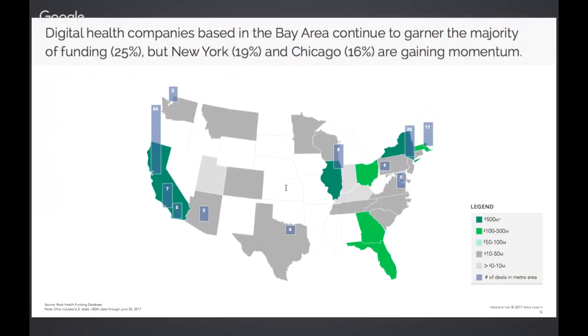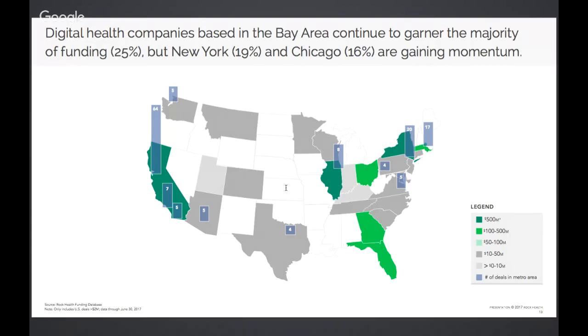So next up, I wanted to give a snapshot of the US and where all the digital health deals are happening. We saw companies in 25 states receive deals. No surprise here, California is still leading, accounting for over a third of total dollars invested, particularly in the Silicon Valley area. For the first time, New York and Illinois joined California in the top tier of funding. So that means that they had companies who collectively raised over $500 million,